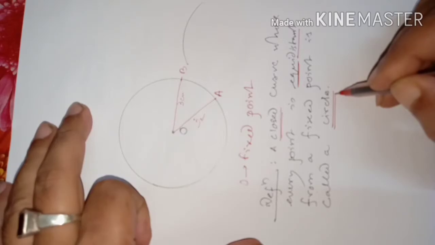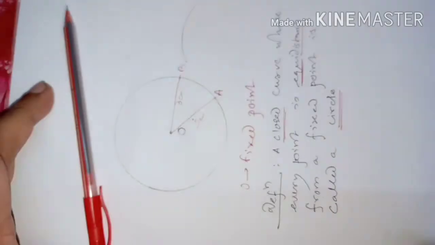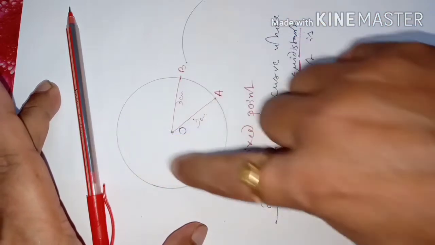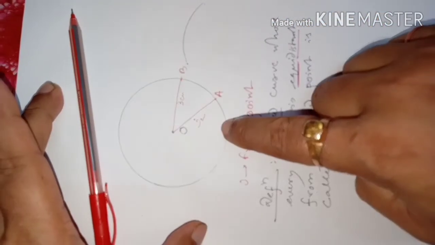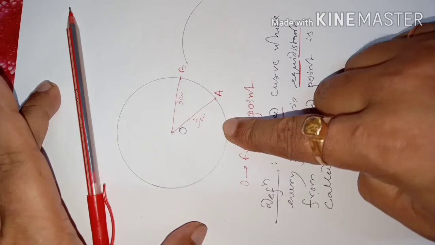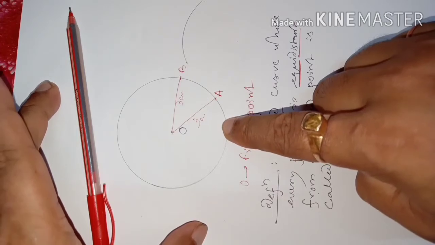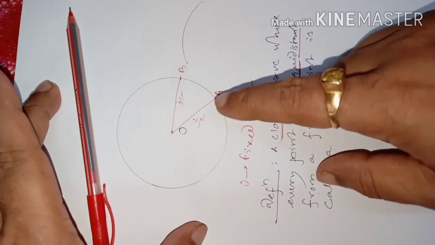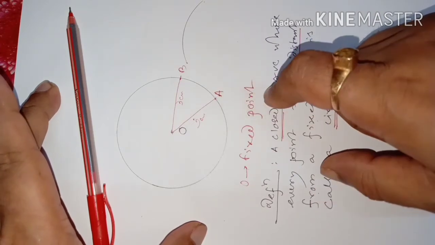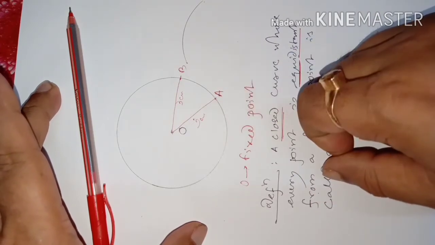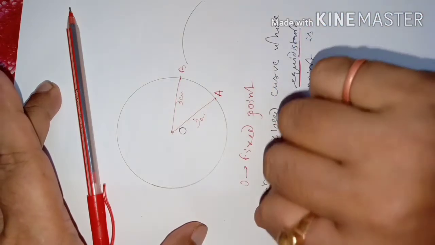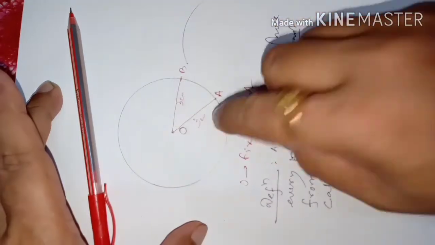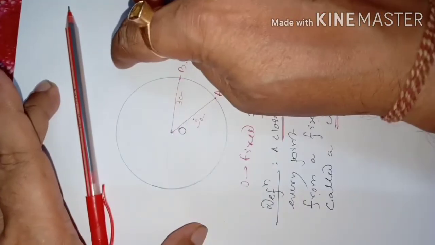Okay, the circle's definition. Suppose this is a stick. My pen is a stick, and this is a cycle ring. If a stick and a cycle ring are lying on the ground, the cycle ring is a good example of a circle, no? Cycle ring, wheels of a car, wheels of a train, all these are good examples of circles. The ring that we wear on our hand is also a good example of a circle. A circle is not a flat object. It is a ring.